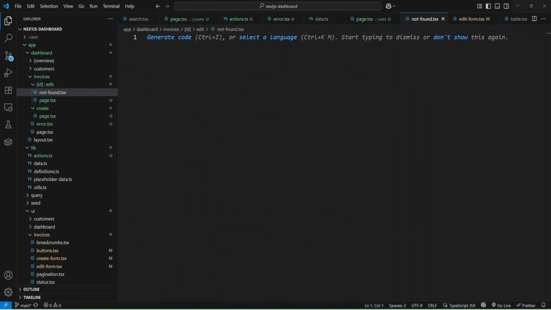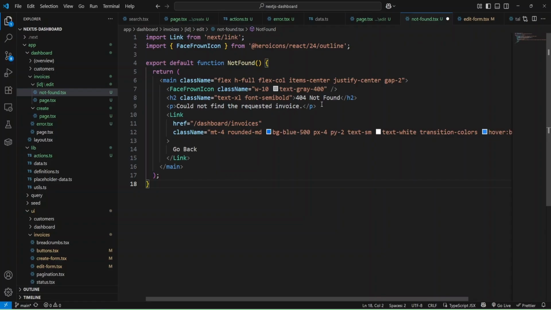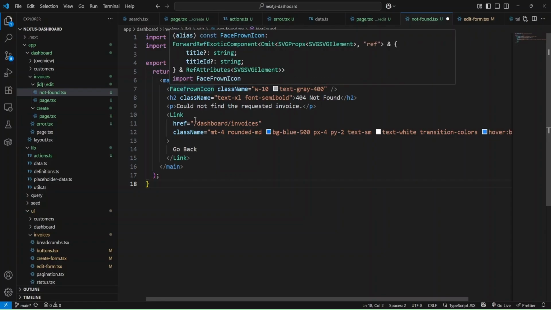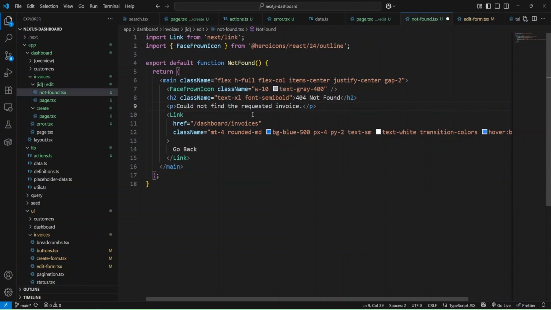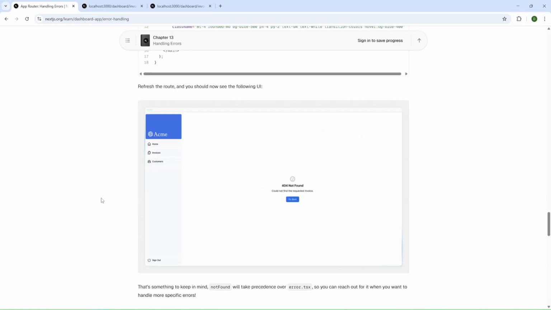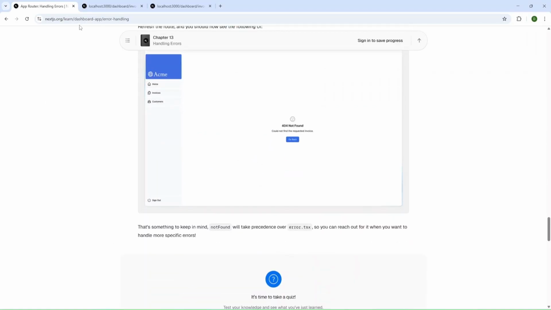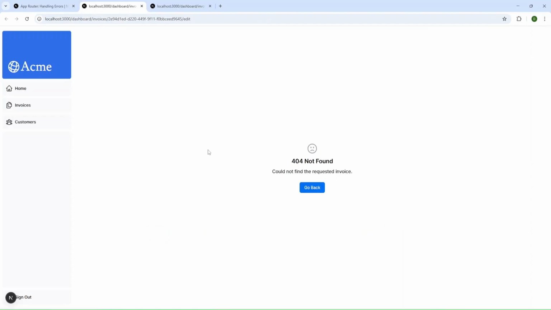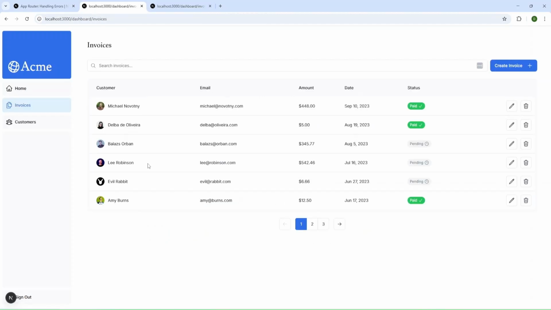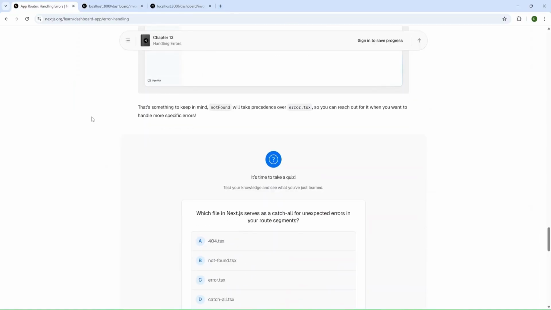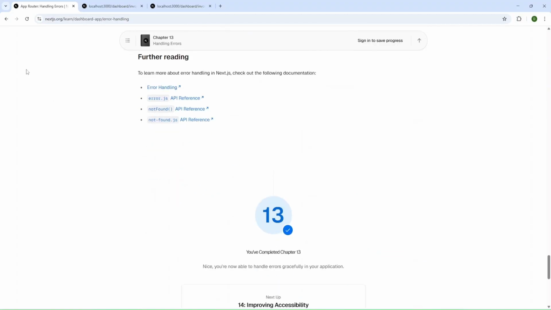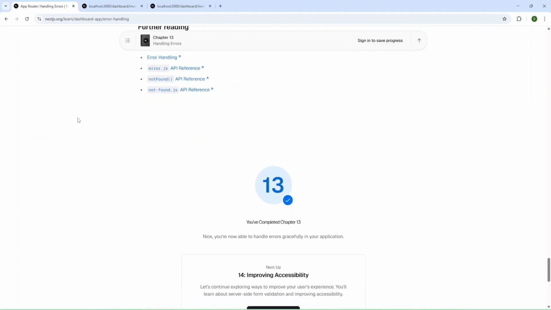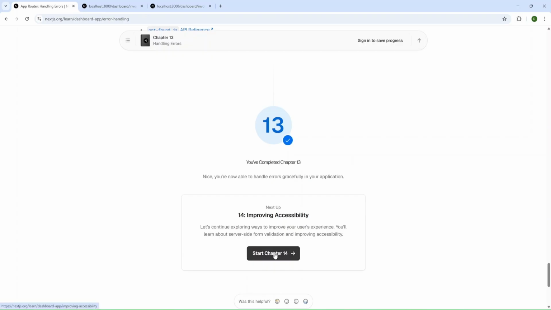And to have TypeScript component, and I'll just copy this code. And as you can see, we have h2 text with some icon, and also paragraph with text and some link to go back. Okay, and let me save it. We should see this not found page. Okay, and I have this page, and I probably can go back, and it returned me to my invoices. And that's all for this chapter. You can check these links, but I'm going to move to the next chapter.